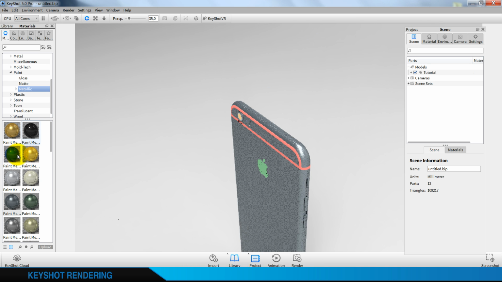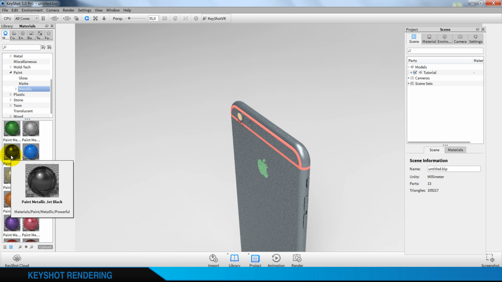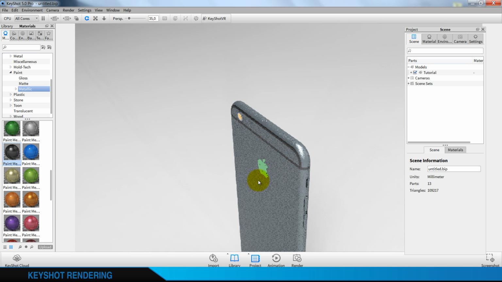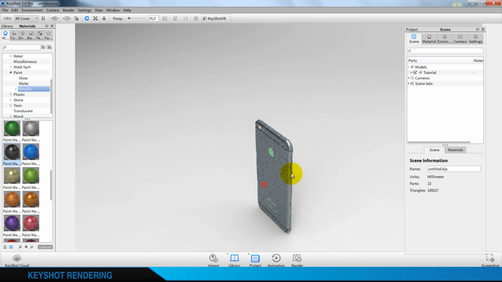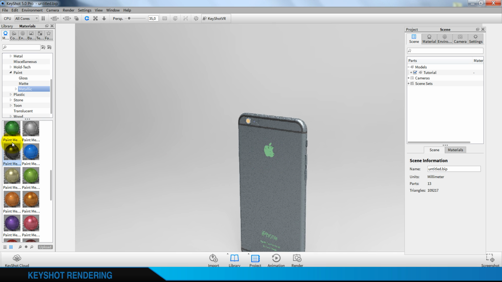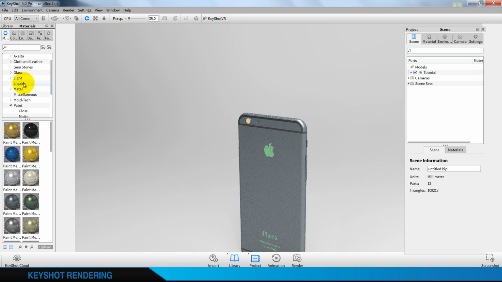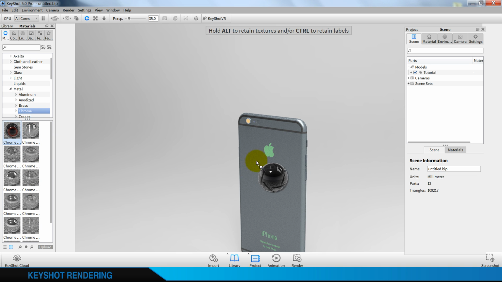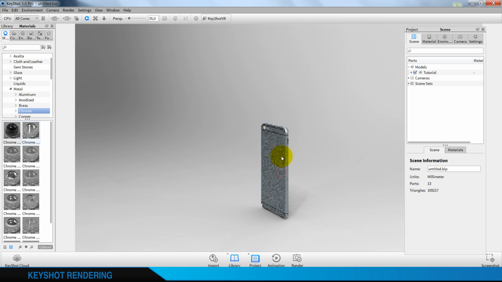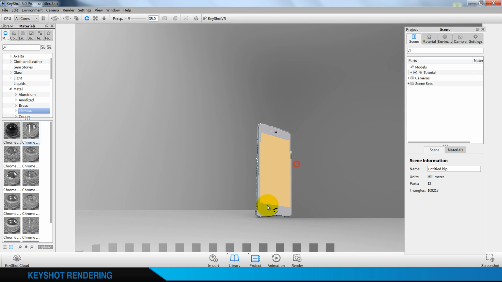And let's add the jet black metallic, and for this iPhone logo and text, let's add a chrome, black chrome. And we can also